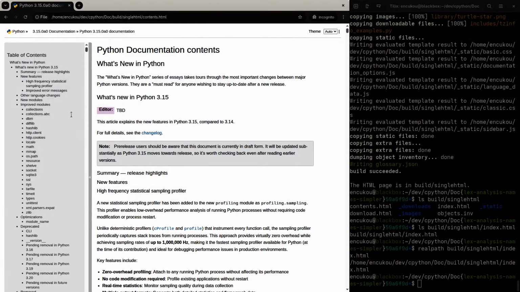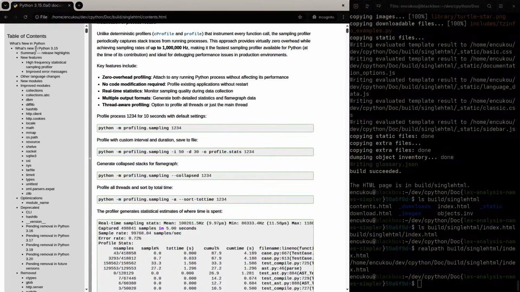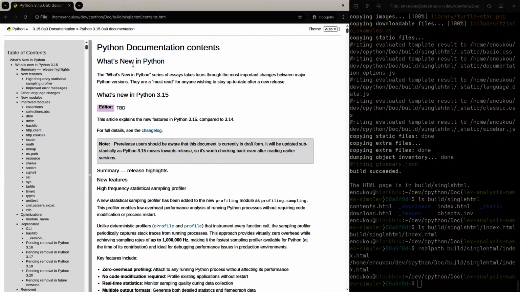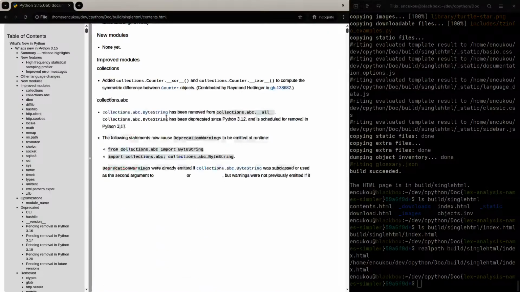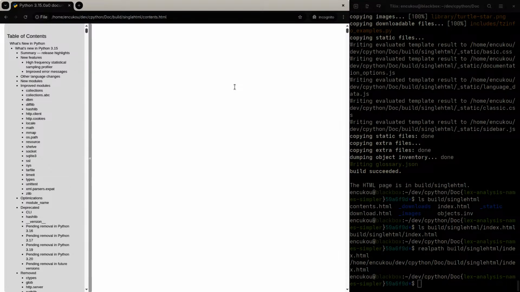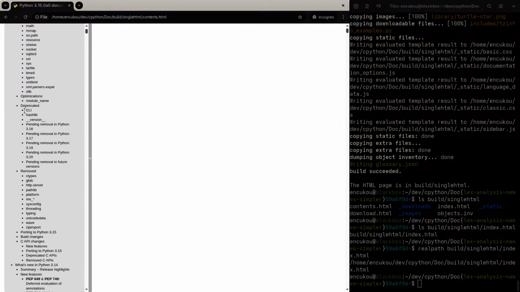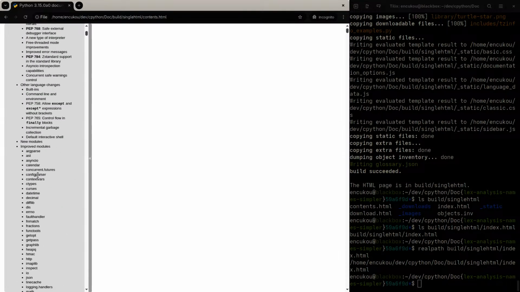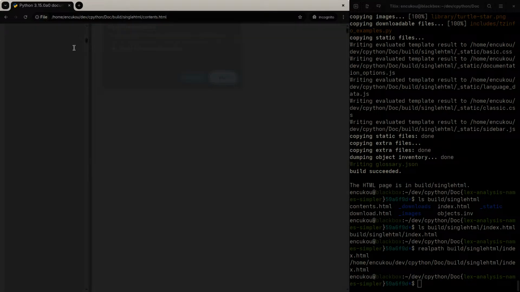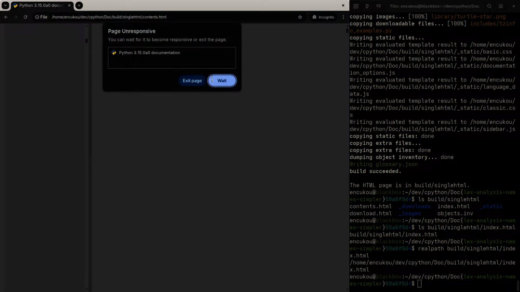Maybe what you want to do is remove the what's new documents. Oh, this is not clickable. So this has what's new documents for... Of course, it's unresponsive. This has what's new documents for all the Python versions. You might want to omit that somehow. Okay, my browser just crashed. Good thing I'm not doing this in the browser I'm streaming from.